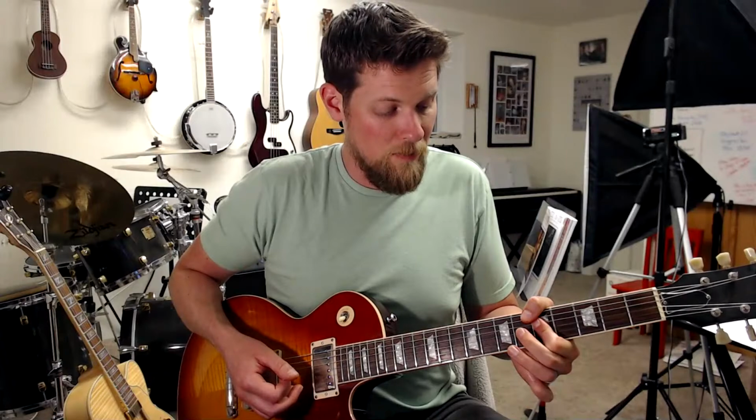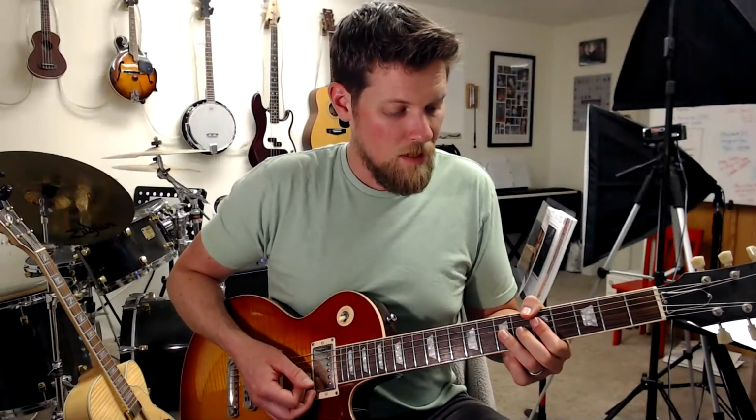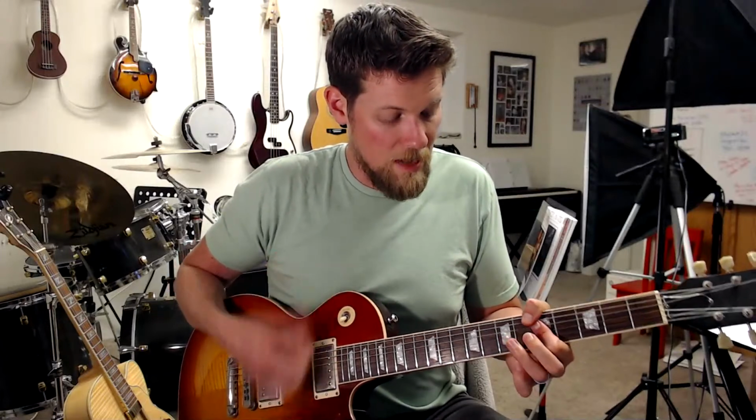So that's the first move: we've got fret 5, 5, 5. Middle finger is going to hammer on the G string, fret 6, right there. Like that. So downstroke, hammer on to it, and then we're going to do